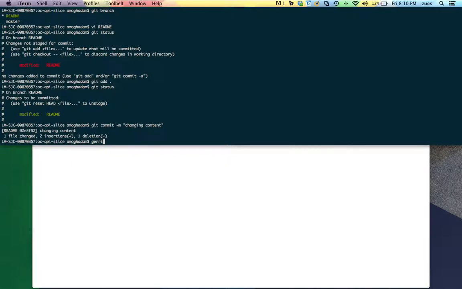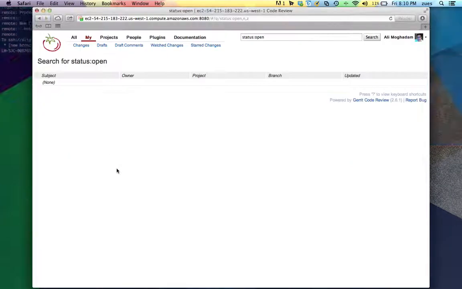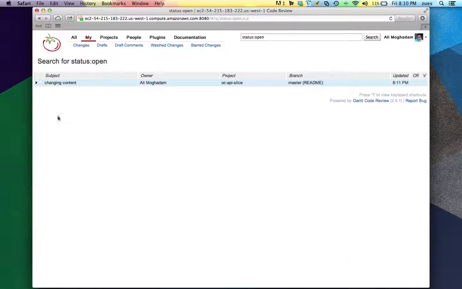And now I'm using gerrit push. Here, gerrit push is using the Gerrit CLI gem to go ahead and push the commit that I just recently did to Gerrit for reviewing. Here we go. And so if I refresh this page, we'll see that we do have a subject, changing content. The changing content came in. Owner, obviously it's myself. I did the push,